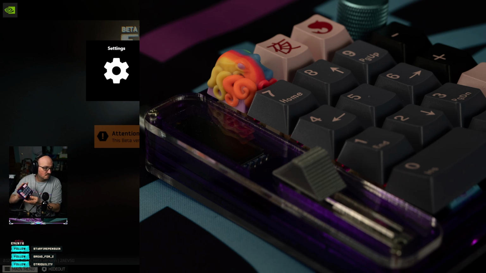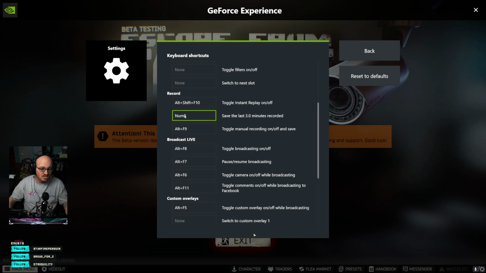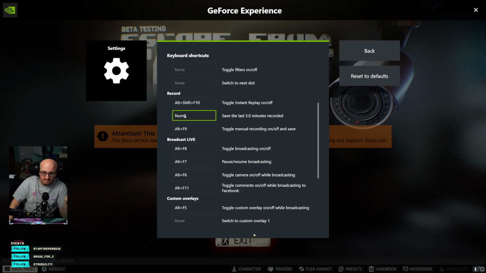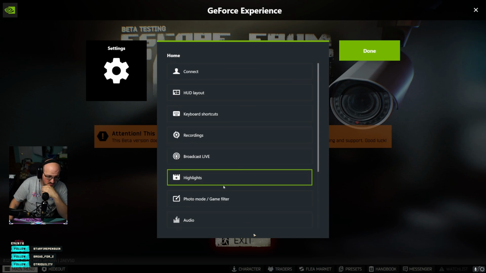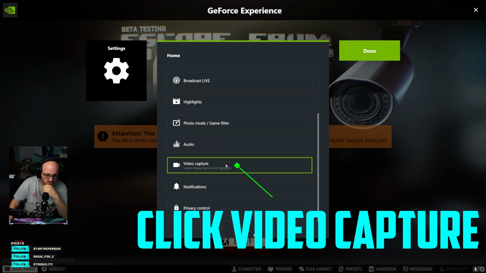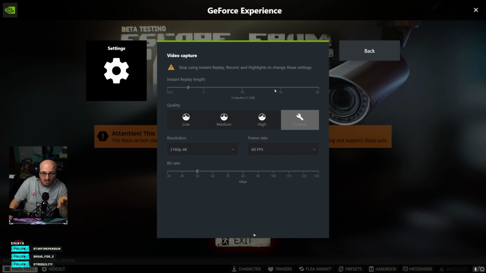So it's just easy, you can set that to any key you want, any key that you're not going to be using most of the time, that you're not going to hit by accident. Then you're going to go into the video capture. This is where you're going to decide how long you want using